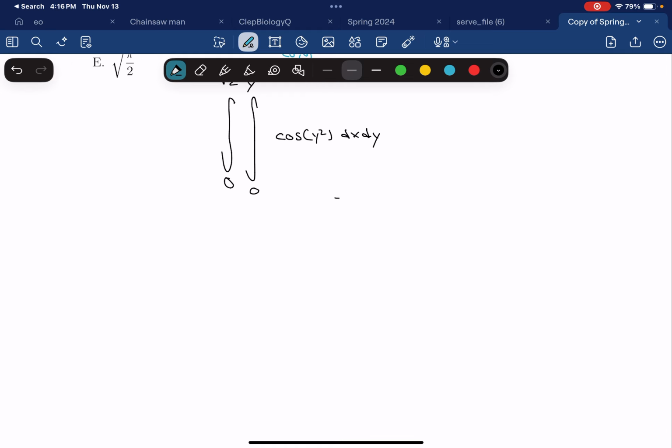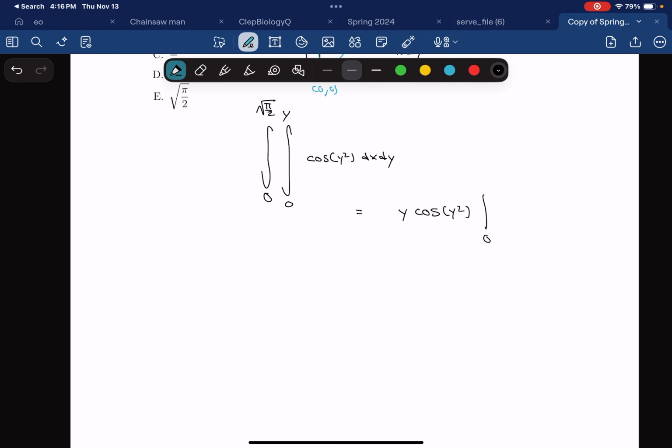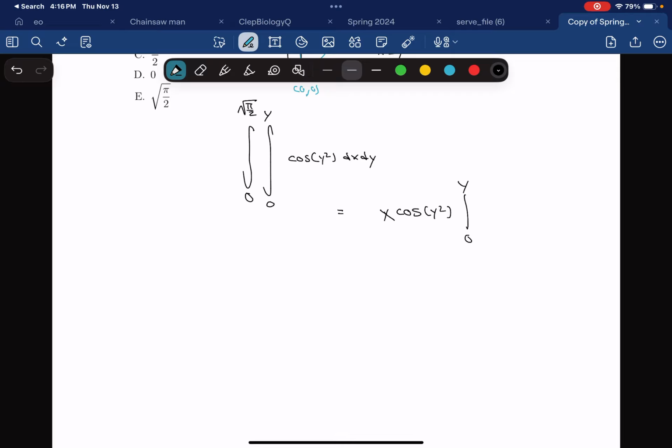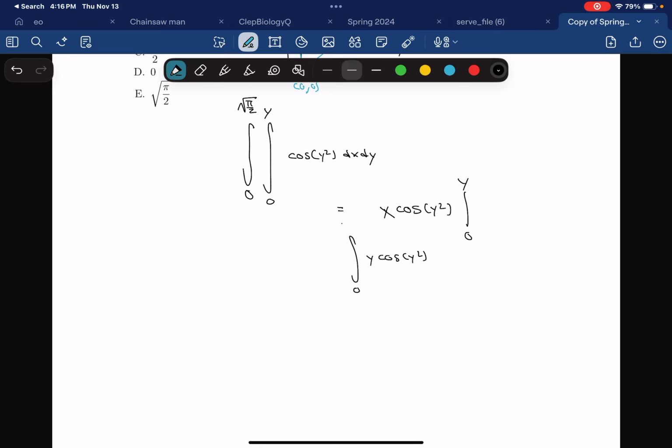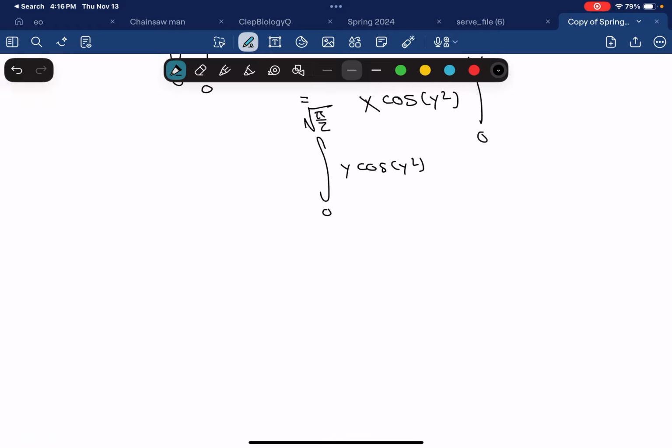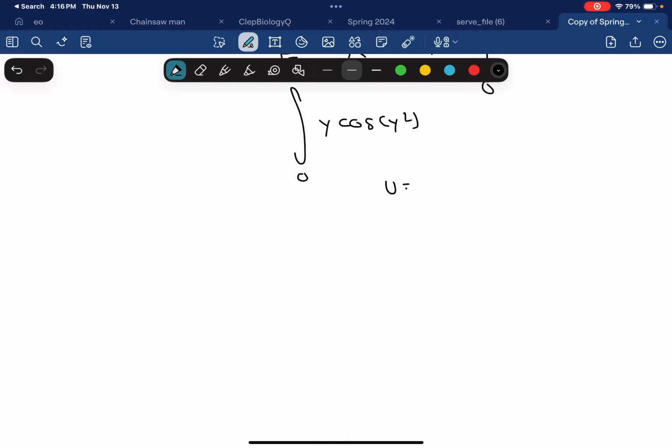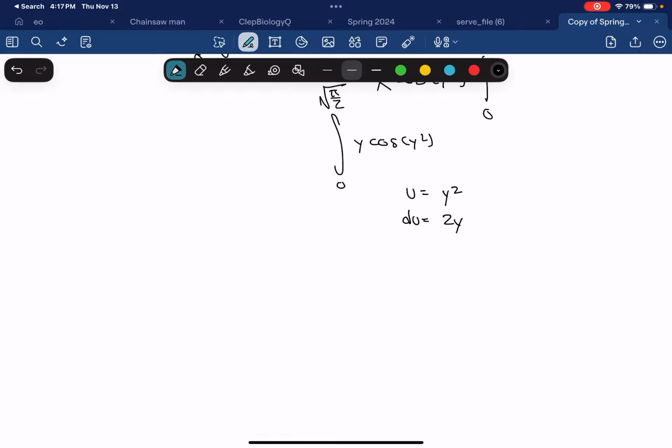So in this case, when you compute it, you get x times cosine of x squared, that's from 0 to y. Sorry, not y squared, x squared. So you get y cosine of y squared. And now we can compute this from 0 to square root of pi over 2. So we take a u substitution. u is equal to y squared. du is equal to 2y dy. So you get left with 1/2 cosine u